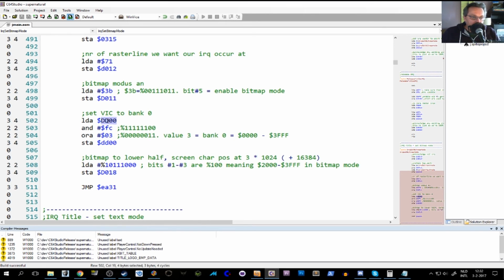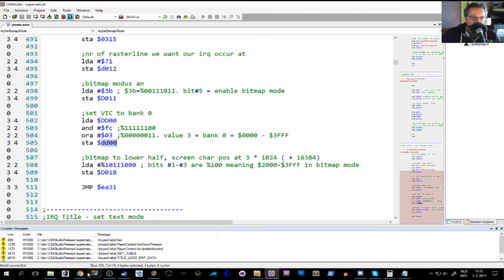So we load the content of this register, we AND it with this so that we're sure that these values are 0. Then we OR it with 3, so that we're sure that only these 2 bits are 3,